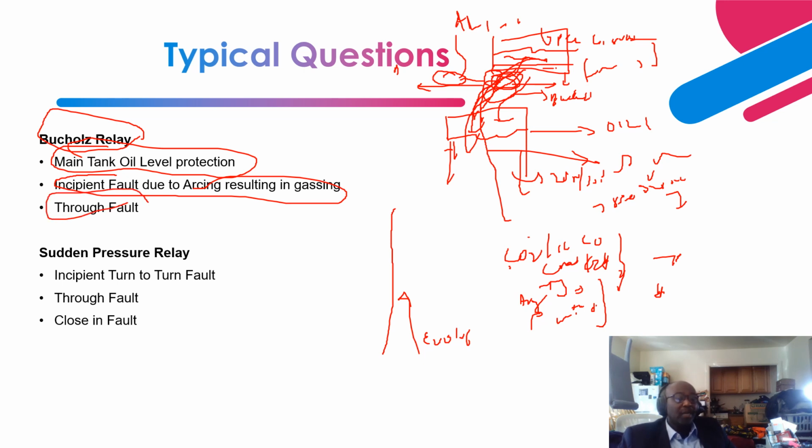Next is a through fault. So let's say the transformer should encounter a through fault. What is going to happen? There's going to be a high pressure wave. Due to the electrodynamic forces created from the short circuit current, force is equal to I squared, I squared D, based on the distance. So that electrodynamic force creates a pressure wave that will force the oil to flow